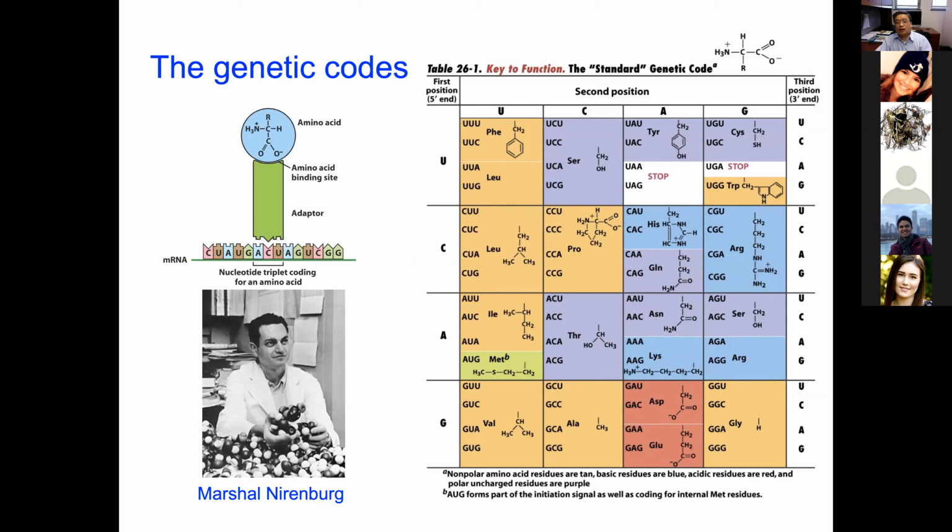Otherwise, it will cause problems in the translation process. This is a schematic showing the structure of the tRNA. If you look at the structure of the tRNA, most of them have this similar three-dimensional structure. This grayish colored region is the anticodon stem loop. It has three nucleotides, and it can form base pairs with the messenger RNA.